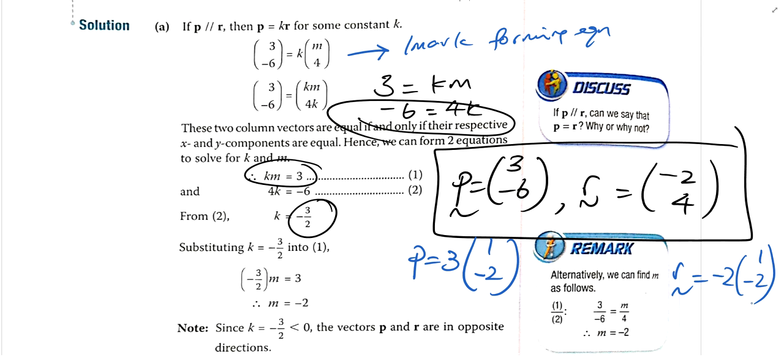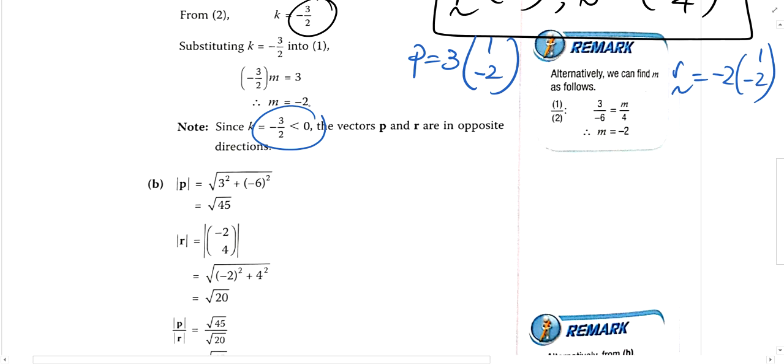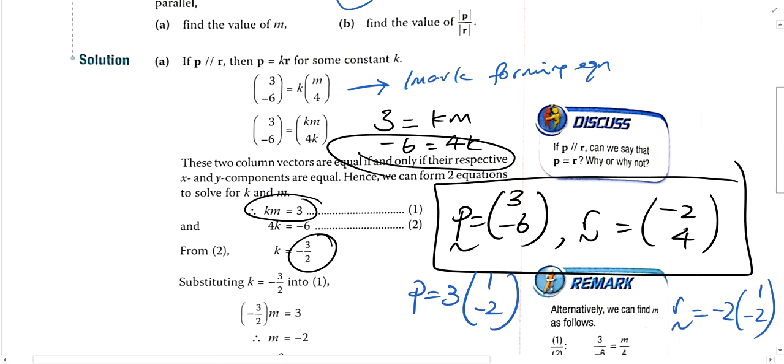And because one is positive, the other is negative, definitely your vectors are going to be in opposite direction. Okay, so that is what this portion over here is trying to say. Since this is negative 3 over 2, it is less than 0, then they are in opposite direction. As long as the sign is different, it's opposite. So now to find the